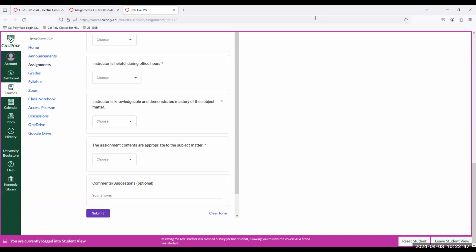Same thing with the anonymous official instructor evaluations at the end of the quarter. That's an additional 1%. So you can have a total of 3%, 3 points added directly to your overall grade, meaning if you end up with an 87 in the class, you can be bumped up to 90. And again, these are anonymous, so whether you participate or not, every student will receive this extra credit. Okay, all right, so that's it for that.